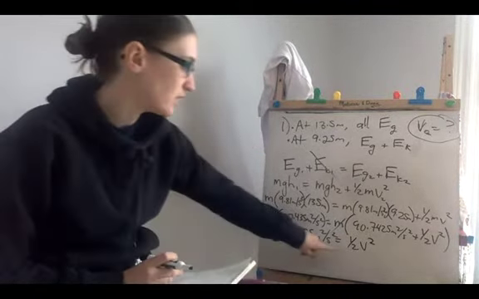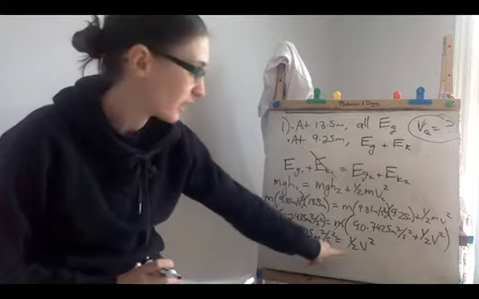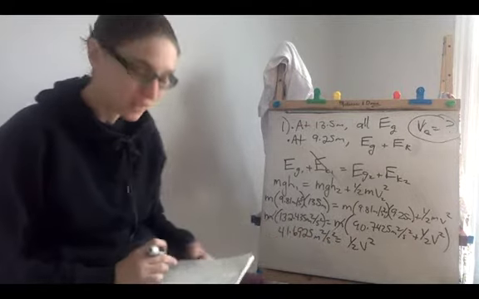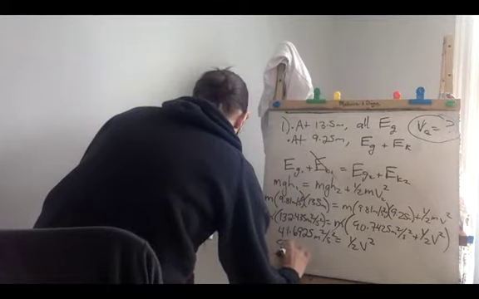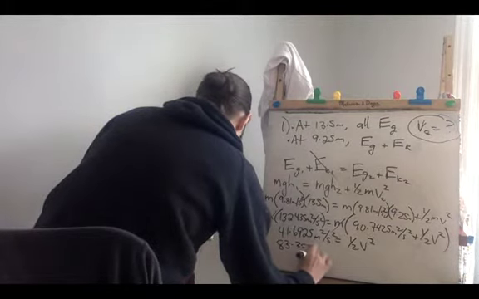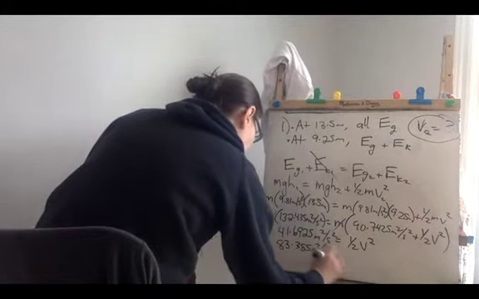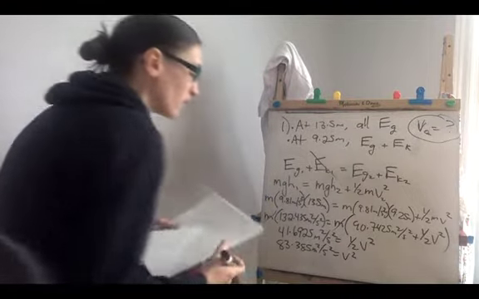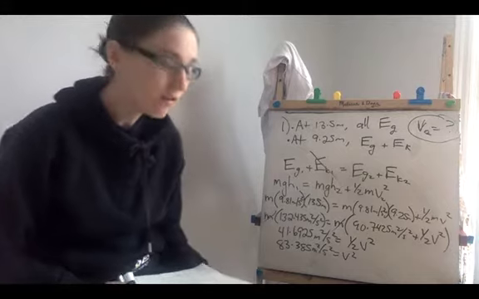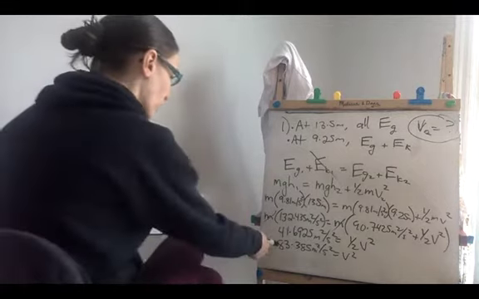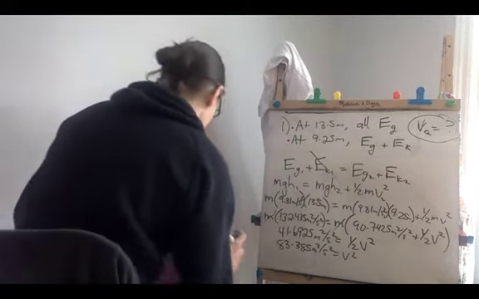At which point I can divide both sides by 1/2, right? That's just a constant, right? Which would be the same as multiplying both sides by 2, which gives me a value of 83.385 meters squared over second squared is equal to v squared. And then all I need to do is square root both sides to get v by itself, okay? So I square root the 83.385, I get